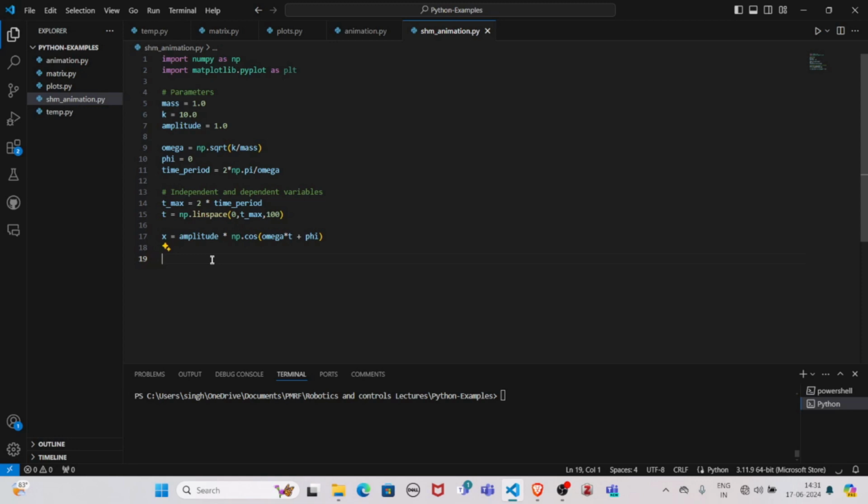Now let's just plot the first frame. We'll do as we did in the previous video, in our previous animation file: we'll first plot the first frame and then use a loop to iterate it. So let's plot